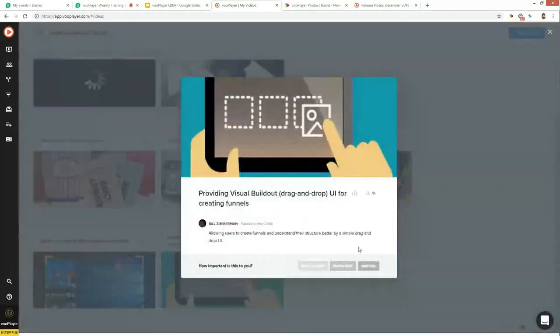Also providing a visual build out of funnels. So funnels are something that we've seen as carrying a lot of potential, and we still feel that it does. It's just that the interface for creating them is not as intuitive and user-friendly as it could be, or necessarily as flexible as it could be. So this is really aimed at more or less a complete rework of funnels as they are currently, with the ability to quickly, just by drawing on a canvas and connecting boxes to each other, create very interactive flows within your videos and in between your videos, rather,